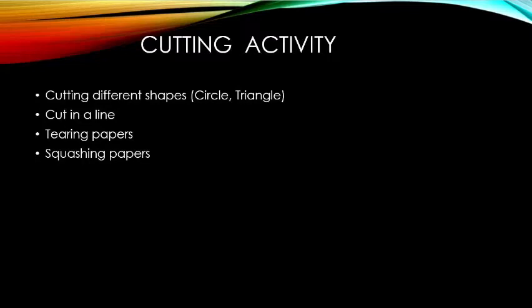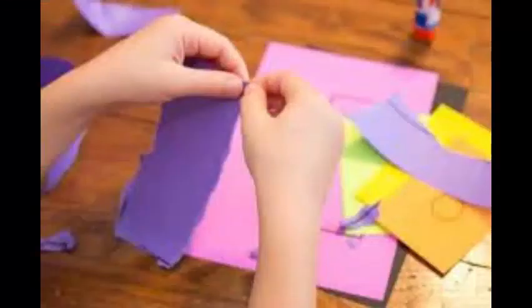First, we observe who can cut and who can't cut. Then we set the goals based on children's development. With help from my mentor, I observed who was going to do very well, and we set them to do other cutting that is more suitable for their developmental stage. The ones who were having difficulty in cutting, we planned another activity.